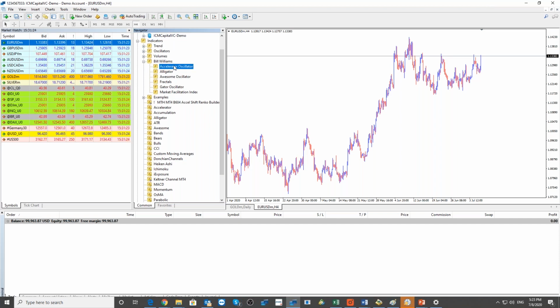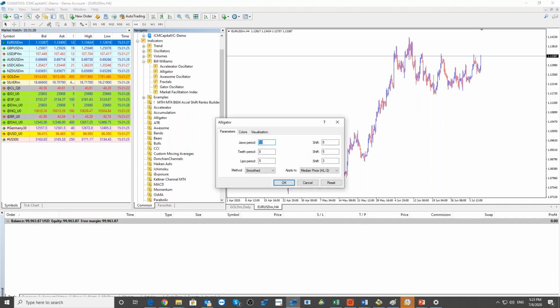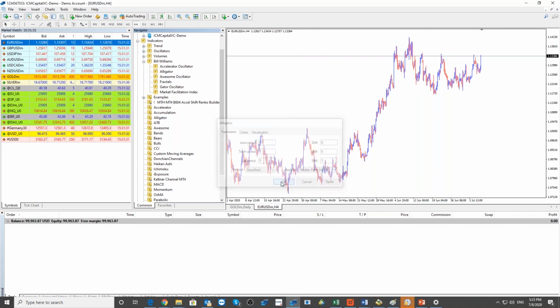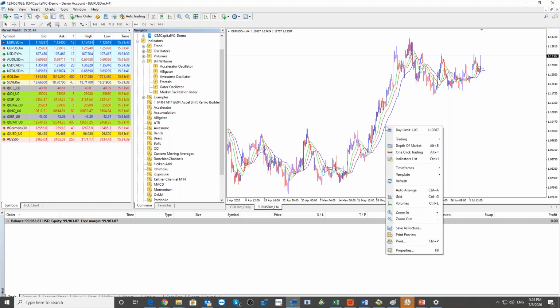So if you go through the Alligator one, which we went through now, just drag it. I can show you the default parameters are 13, 8, and 5. Just plot it there. Now you can see these 3 colors of lines, which are blue, red, and green. Then, going to the other one,